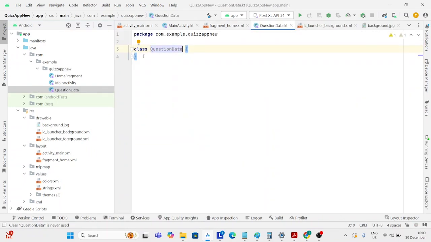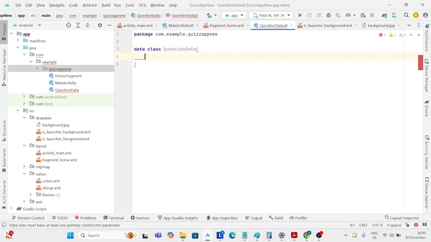Now change this class to the data class, and the data class contains at least one primary constructor. Let's change it to data class, and let's create one primary constructor over here, and inside it let's